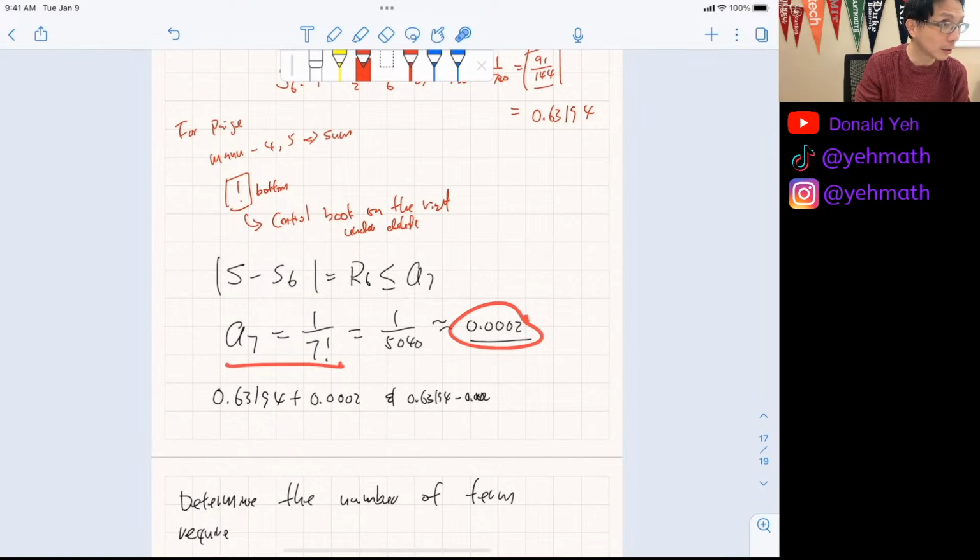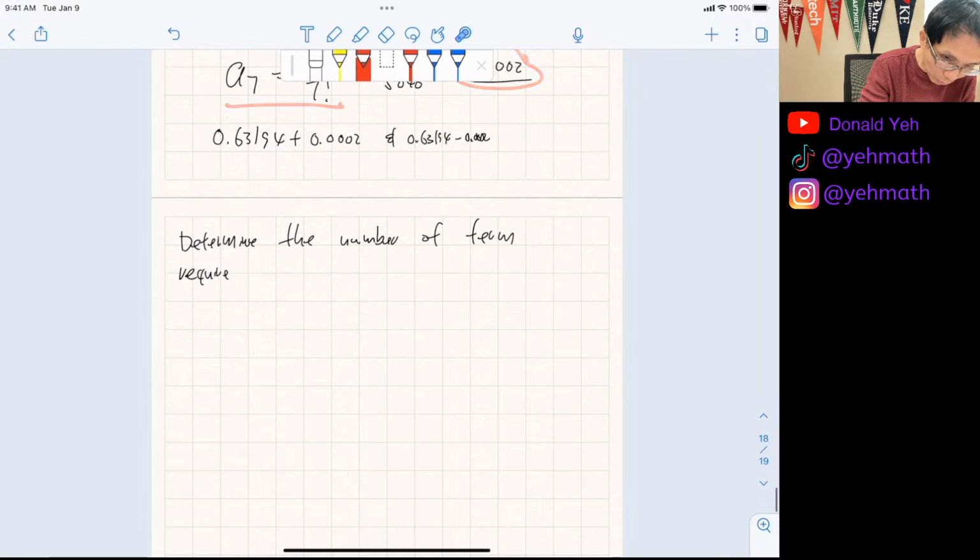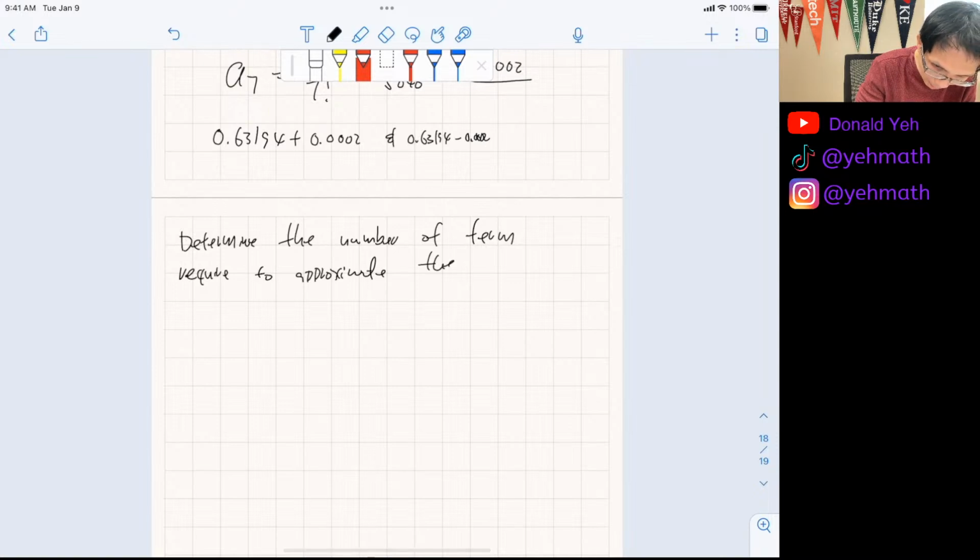Okay, now what if next time the question is different? Determine the number of terms required to approximate the sum